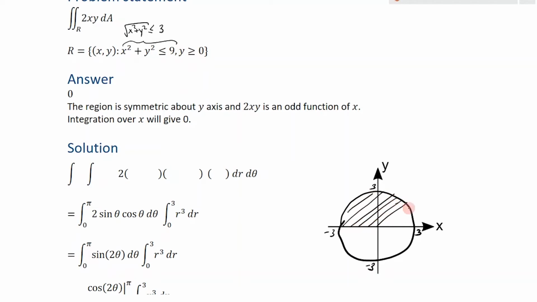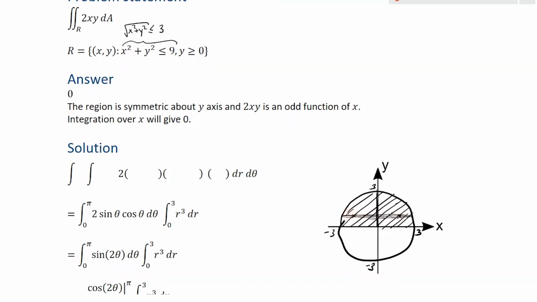And you see that this region is symmetric with respect to the y-axis. So it's a mirror reflection with respect to this. Also, 2xy is odd with respect to x. So whenever we're here, there is a corresponding point over here where the value of 2xy is going to have the opposite sign. And since the region of integration is symmetric, like this, we'll have integration over x is going